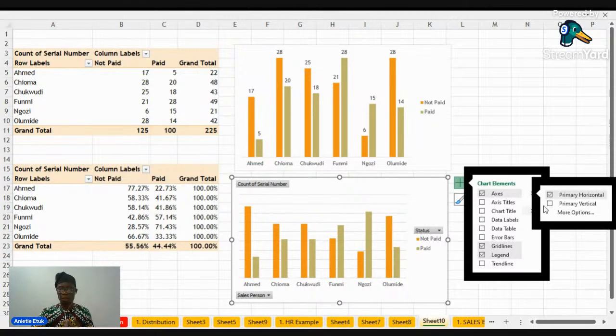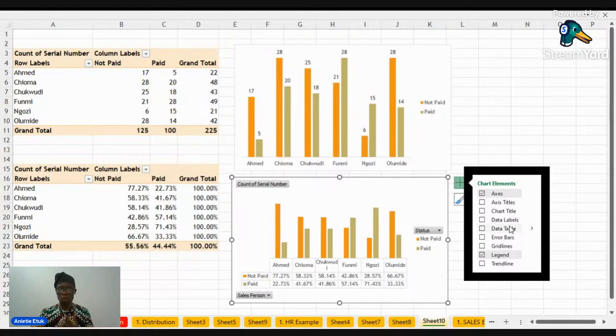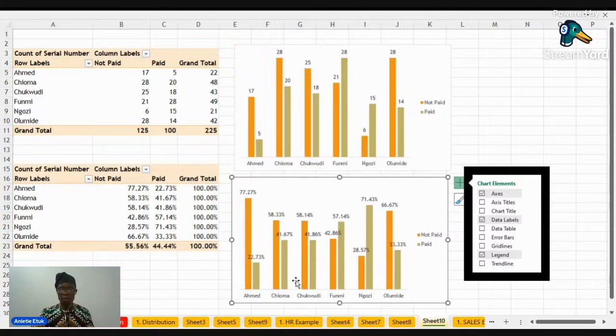The discussion was to look at the conversion rate, data labels, and if we hide this, you will agree with me that Ngozi is actually the person with the highest performance. Ngozi had 71%. Fumi had 57%, followed by Chukudi and Chioma, then Olumide, and then Ahmed.